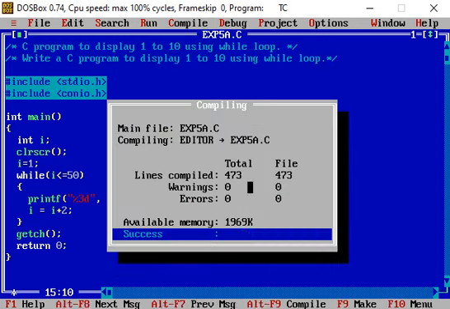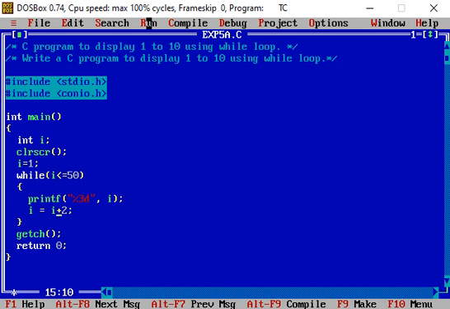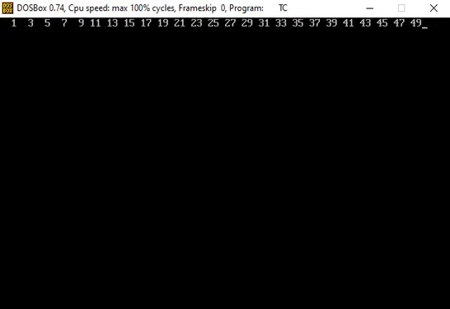When compiled, warnings and errors are 0. So we can now run the program. So let us run this one,